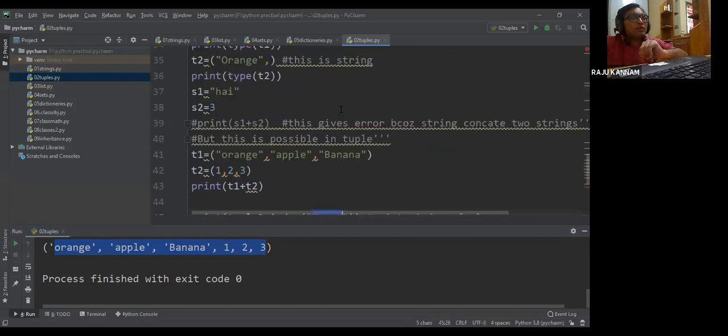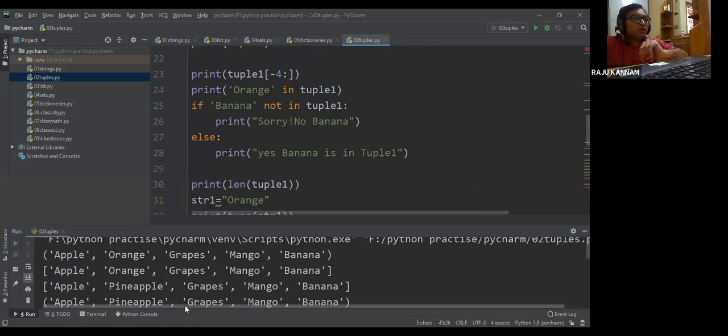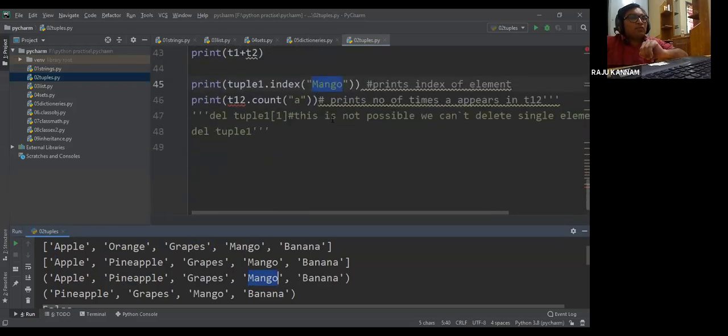In my tuple one, mango is there at this particular position. So at what index is it? 0, 1, 2, 3, third index, right? So this will give the index of my element mango.